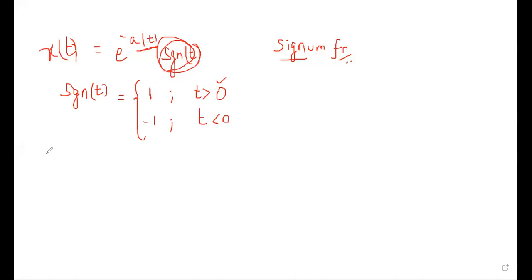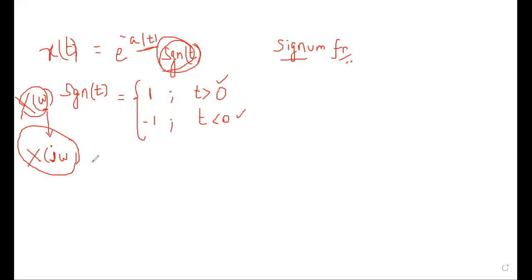My formula is X of j omega. And one more thing I want to tell you, see, I have taken the formula from the prescribed book. In the prescribed book, they have used X of j omega. In the local author book, they have used just X of omega. Both are the same. So if you are referring to a local author book, you may come across this X of omega. So X of omega is also the Fourier transform, X of j omega is also the Fourier transform. The difference is only in notation: this is from the prescribed book and this is from the local author book.